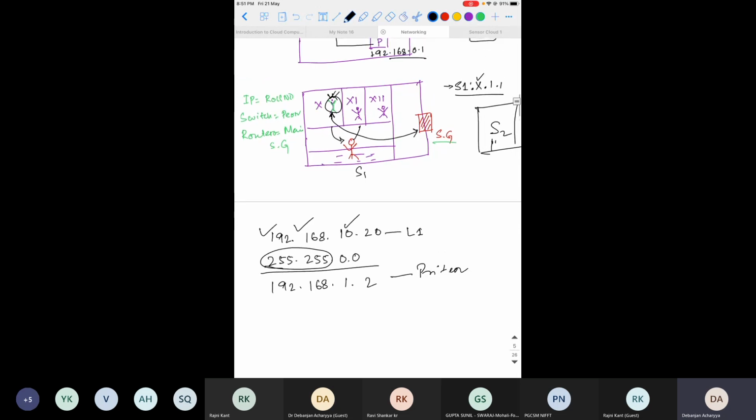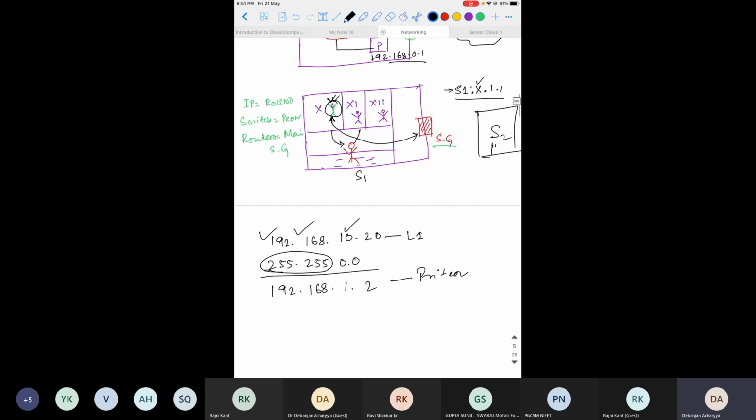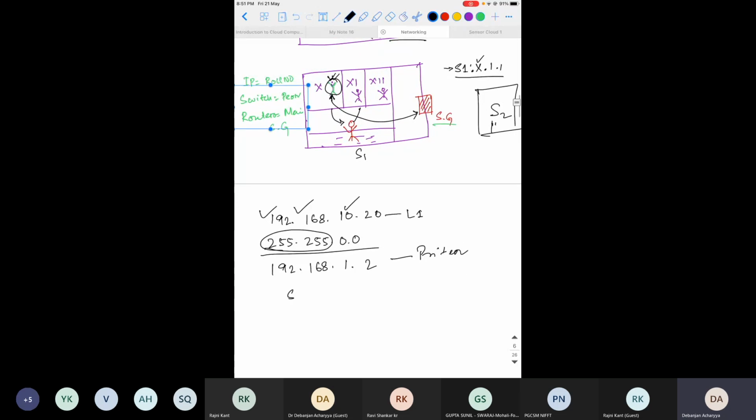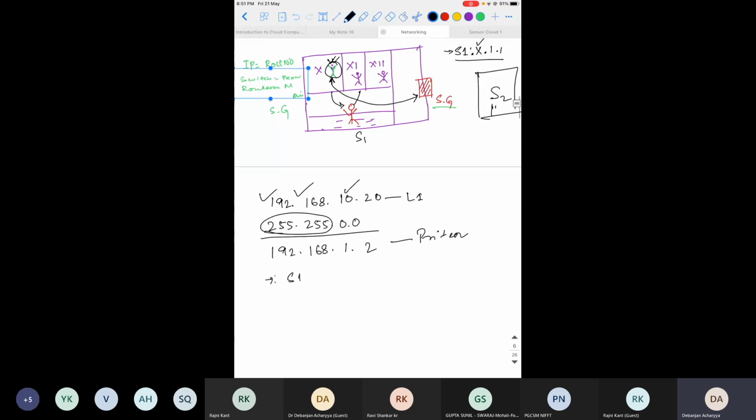For example, if you go to the school example, I have a student from class 10 and he has a roll number that looks like this, and I have a student from class 11 who has a roll number that looks like this. So what is the subnet for this?